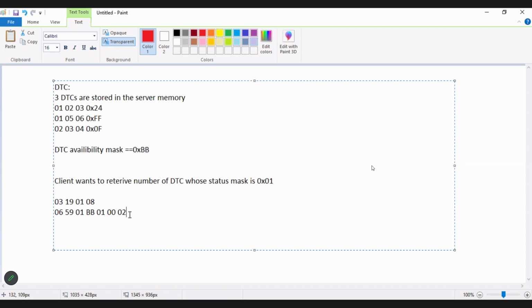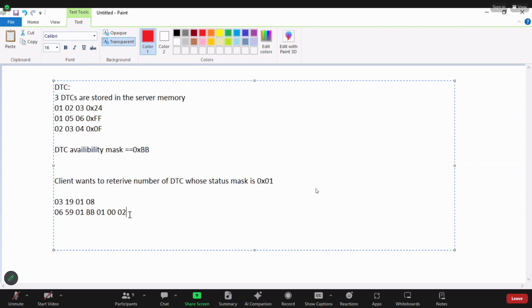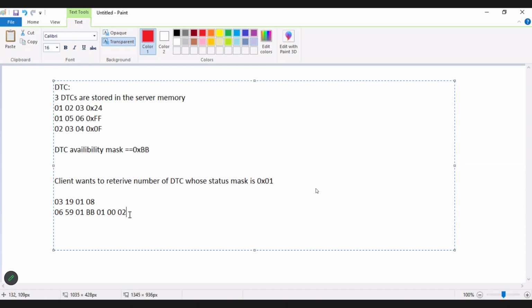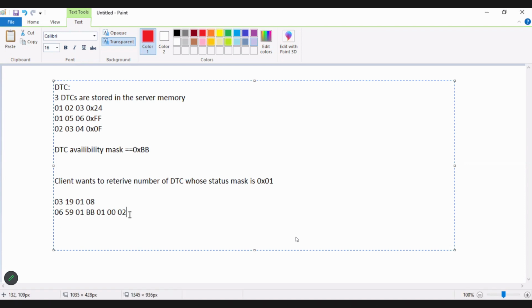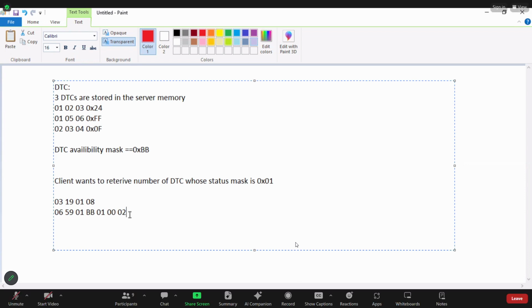This week we'll complete UDS. Then we'll start CAPL programming. The CAPL script will start, and then panel designing for tools. So this 19 service, then we have 14 service, then we have 85 service and 31 service. 4 services are pending. This weekend we will complete by Sunday. Okay, guys. So any question from 19 service till